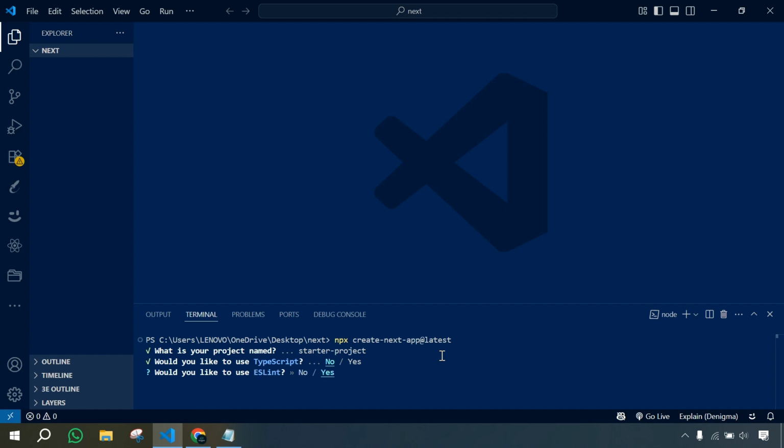And then it asking us would you like to use ESLint. So we should know what is ESLint. ESLint is a code linter for JavaScript and TypeScript. It helps us to catch bugs, errors and typos early, even before running the code. It enforces consistent code style, improved code quality and maintainability. So I'll click on yes, and then it asking us would you like to use Tailwind CSS, and I will